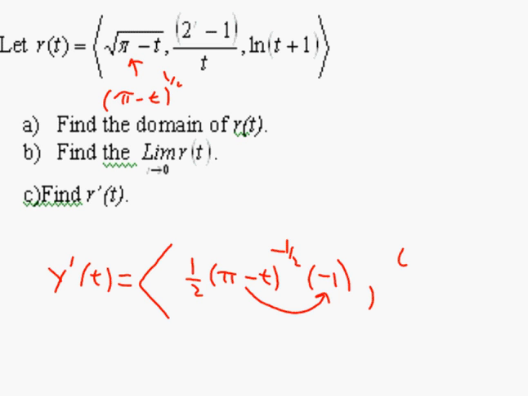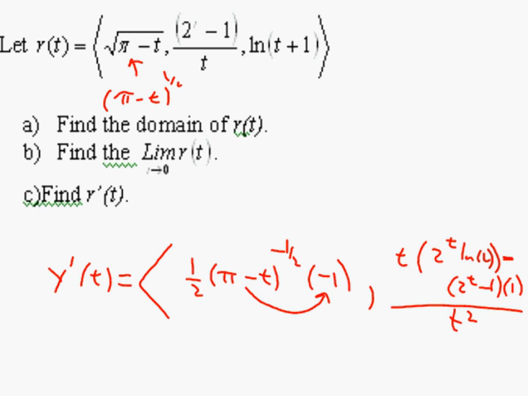So quotient rule uses the bottom times the derivative of the top. The derivative of ln 2 to the t is 2 to the t ln 2. And the derivative of minus 1 would be 0. Okay? That takes care of that. Minus the top function times the derivative of the bottom, which would be 1,